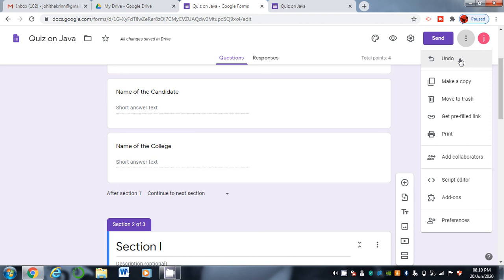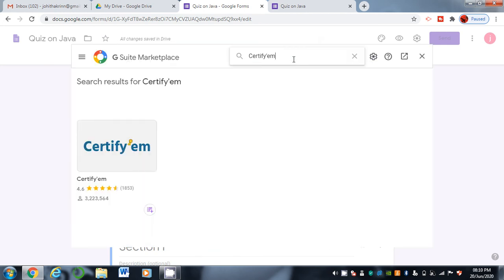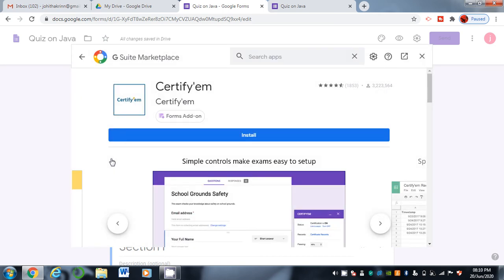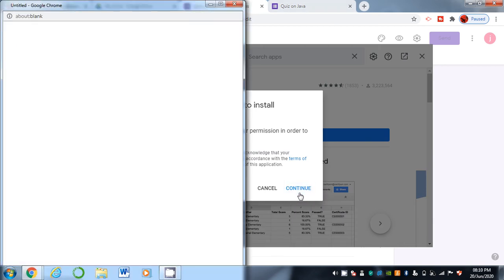For that you can click this button and click on add-ons, and in that you can install an add-on which is called Certify-em. So this is the G Suite app which is used to generate certificates after submission of forms. Simply you can install it, click on continue.